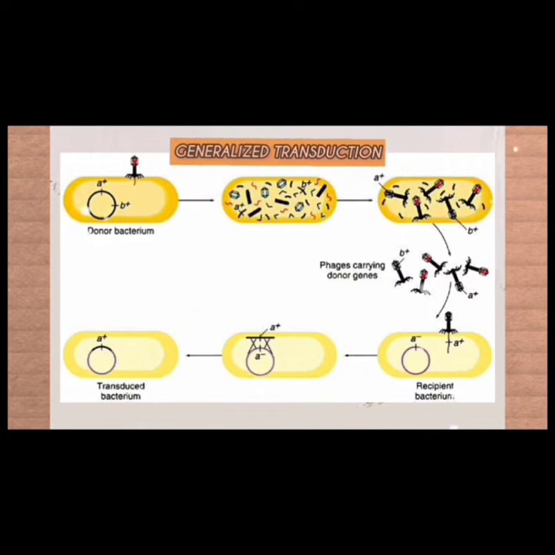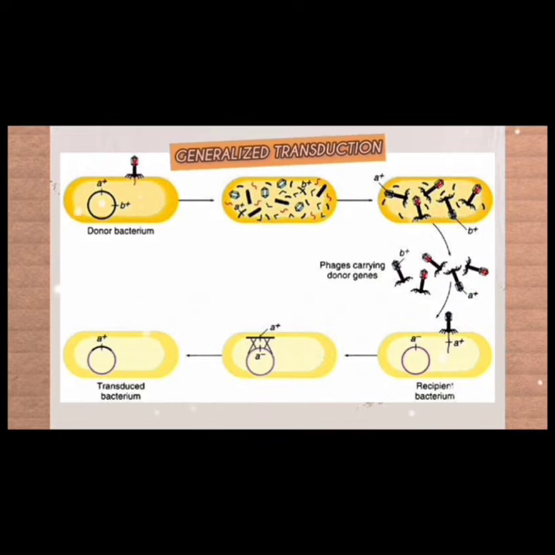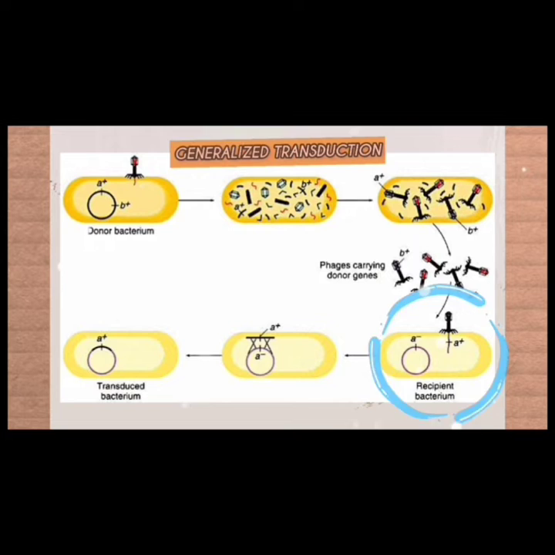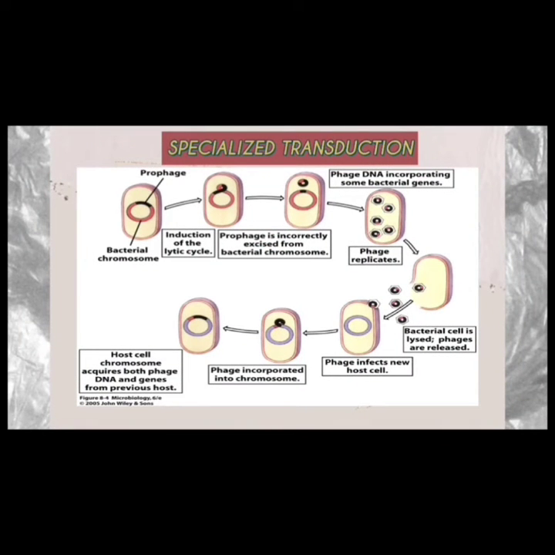At the same time of packaging, the genetic material of the bacterial DNA accidentally gets into the bacteriophage by a phenomenon called false packaging. Then, the biosynthesis of bacteriophage occurs, and the phage gets assembled and finally causes lysis of the donor cell. The bacteriophage then attacks the other bacterial cell, and again it will penetrate its phage DNA into the host cell. The phage DNA will incorporate into the recipient's DNA and lead to the formation of a recombinant cell.